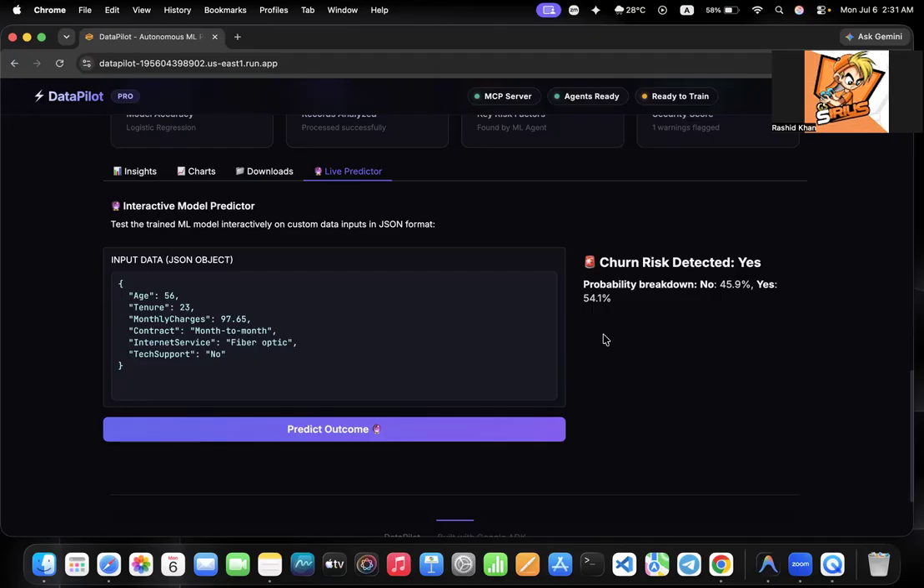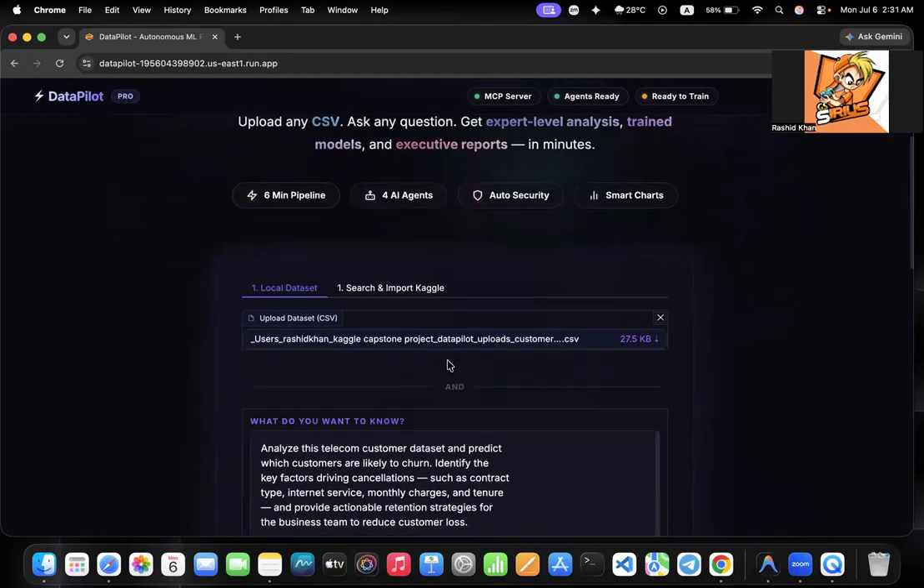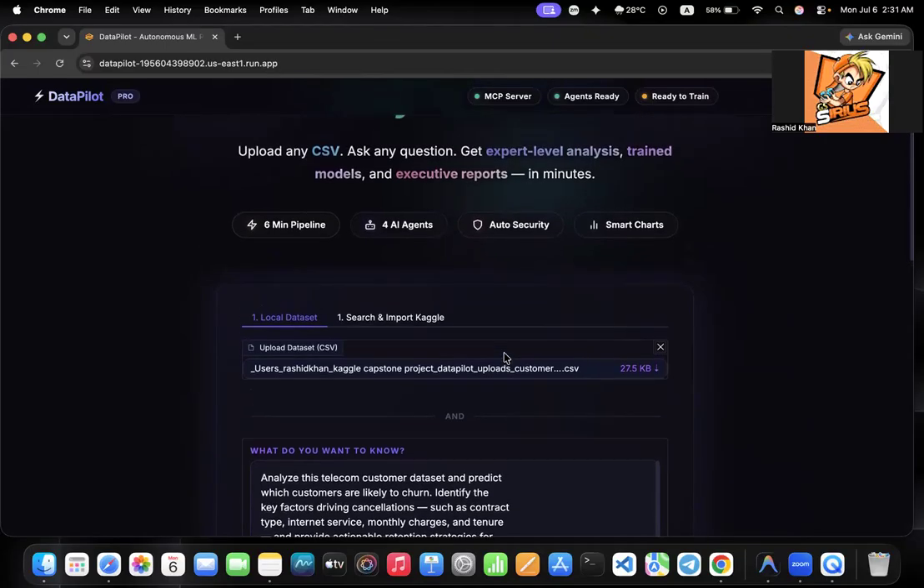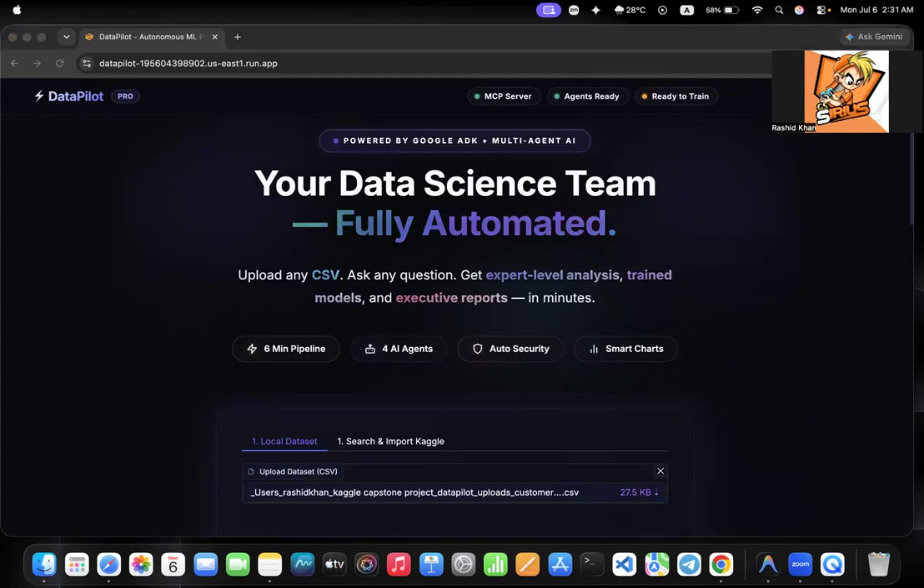45.9% and yes, 44.1%. This is how it works on the customer churn CSV data. Okay, I will show you another data set. I am going to upload